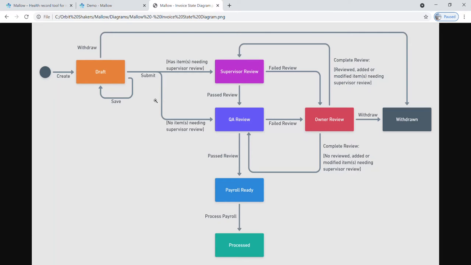So the only time that an owner can do this is when that invoice is in draft status and they choose to withdraw it, or that invoice is in owner review status and the owner chooses to withdraw that invoice. If an invoice is in supervisor review or QA review status, what the owner would have to do is just notify their supervisor, or if it's in QA, notify a QA person and let them know to fail that invoice so that that invoice can be returned to them,